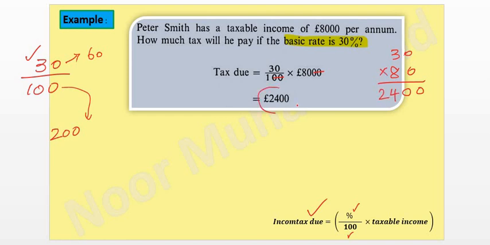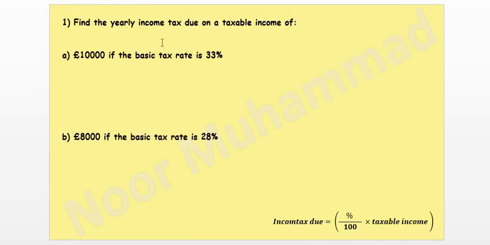So the total tax that is due for Mr. Peter Smith is £2,400. In the same way, you can solve the questions given in the book. It says find the yearly income tax due on the taxable income of £10,000 if the basic tax rate is 33%. So same, how much is the due tax? Due tax equals